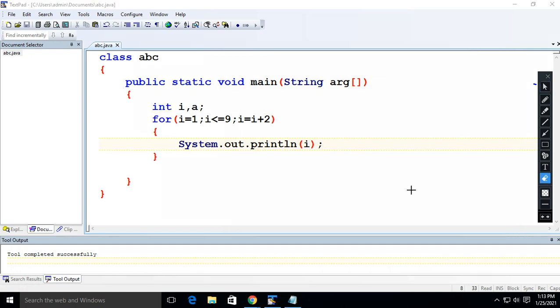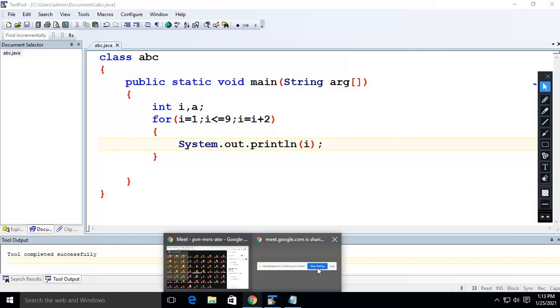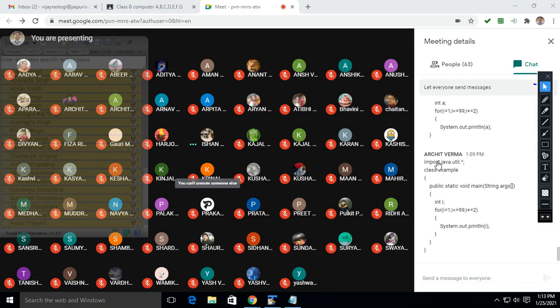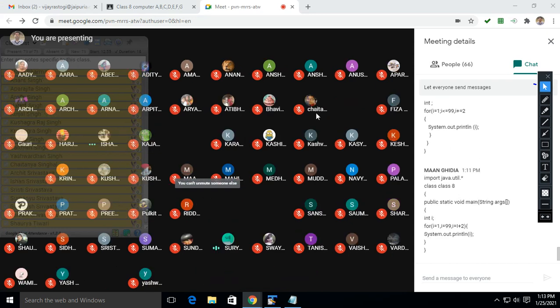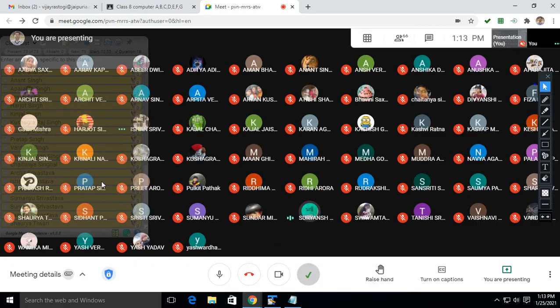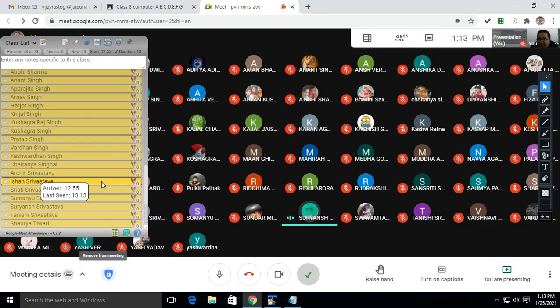These programs you need to copy in the fair notebook, whatever I am giving you. Now the next question is: write a program to print your name ten times. Hurry up. Write a program to print your name 10 times and post the solution in the chat box only, not in GCR. Just post your solution in the chat box only.